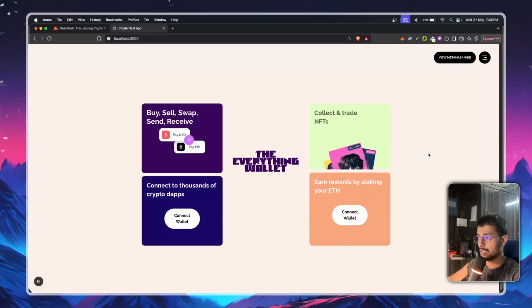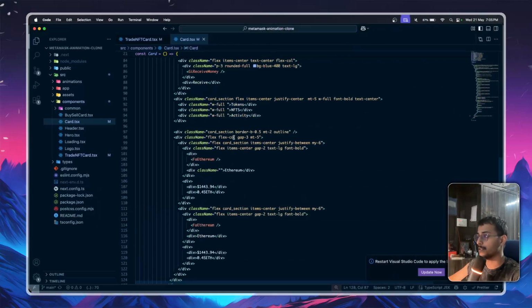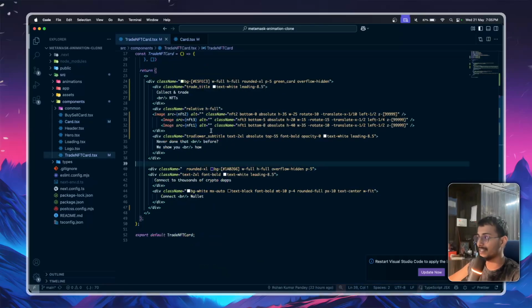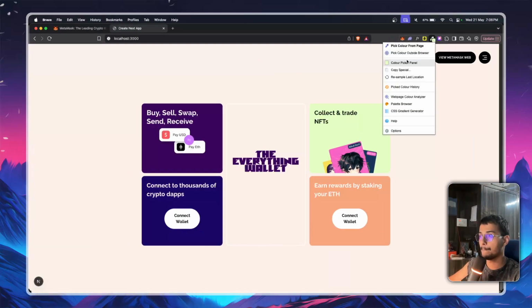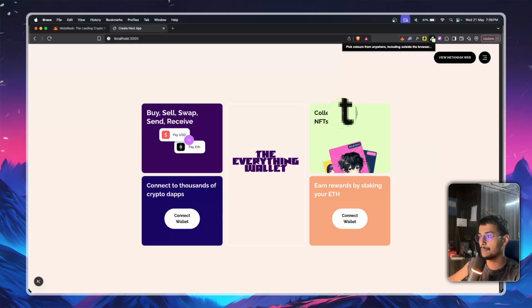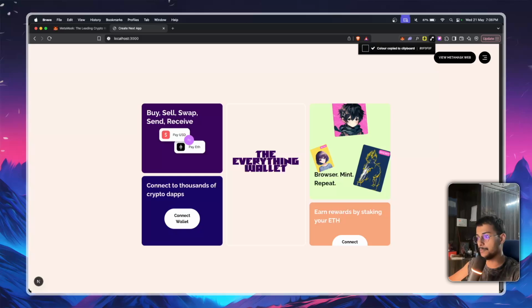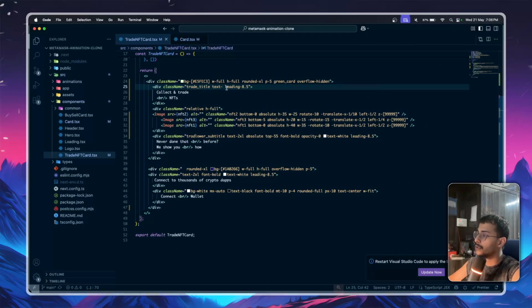Now this collect and trade NFT, it has a different color, right? I'll show you what color it is and we can add it directly. This is not white, instead it is kind of dark green, which is text. Let me see what color it is. Just copy the code which I'm writing right now. You can either create dark green named